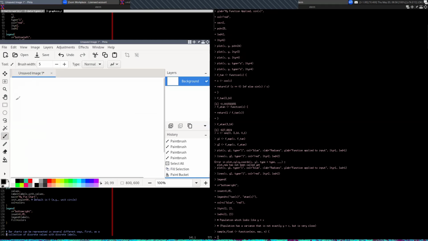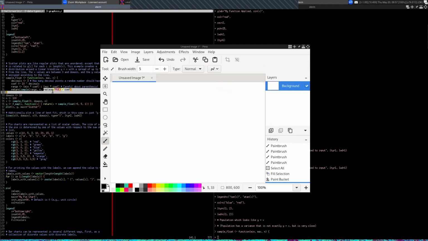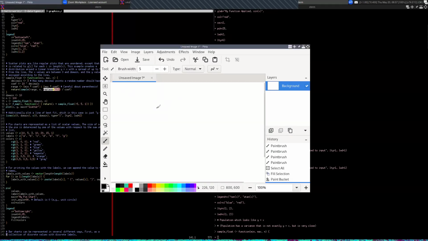R has a function called sample. And what sample is going to do is you pass in a range, which is a vector representing the possible values. Then you tell it the number of values to obtain and whether or not to sample from that range with replacement. So if I were to say, for instance, sample,